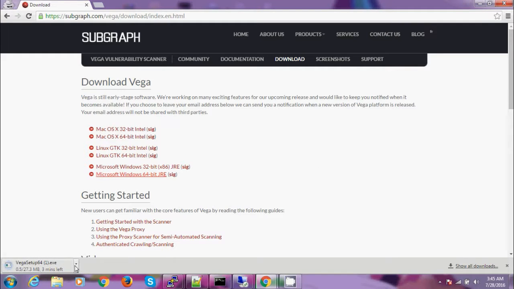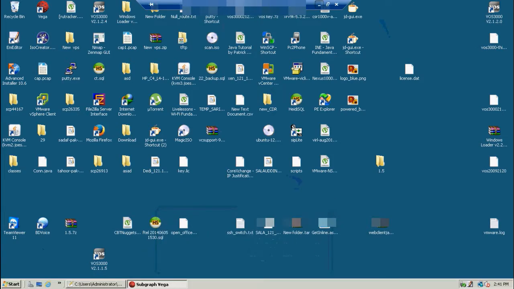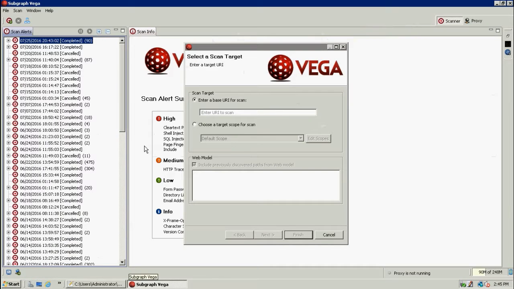So this is the place. It is 27 megabytes. After downloading, you can start your scanning process. For this I'm using my remote desktop. By the way, I'm telling you something interesting: one company made a billing application, a level 5, core 4 type of billing based on PHP. They said that this billing is very secure. Very secure billing. And what you need is just Vega.